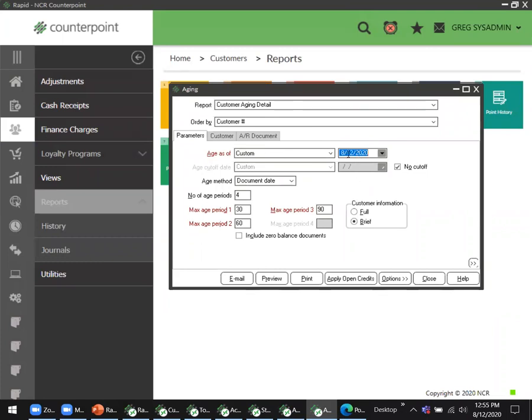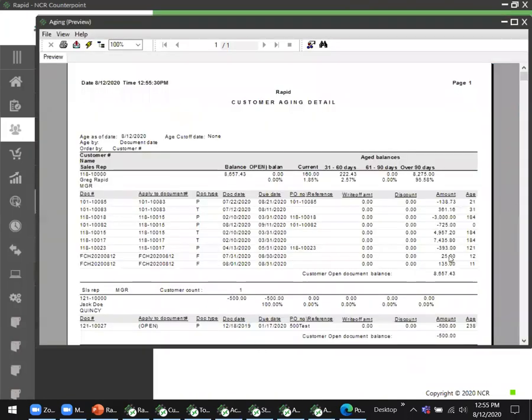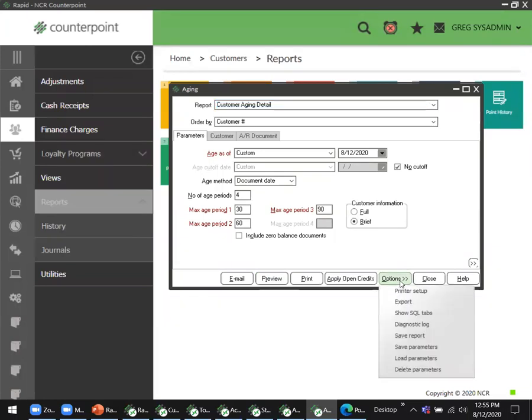So let's set that to today. There we go. And we'd want to run, let's run the aging. So preview, and it'll go through and calculate everybody real quick. And now all of my buckets are updated for today. And now I want to close that out, and we can load our parameters